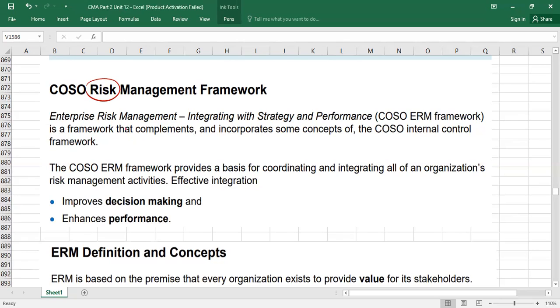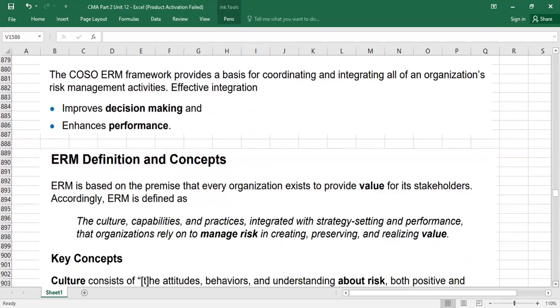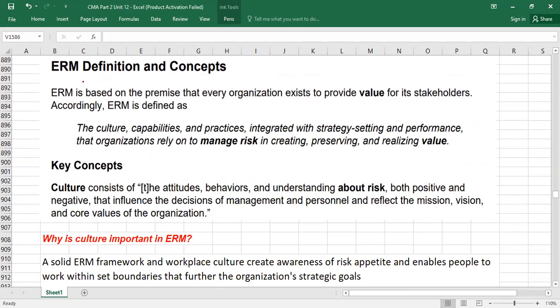So our framework is the COSO framework. COSO stands for Committee of Sponsoring Organizations. It is one of the important frameworks relevant to risk. Okay. So here we go. We are starting with the ERM definition and concept first: what is the ERM definition which is provided by COSO. So please remember,